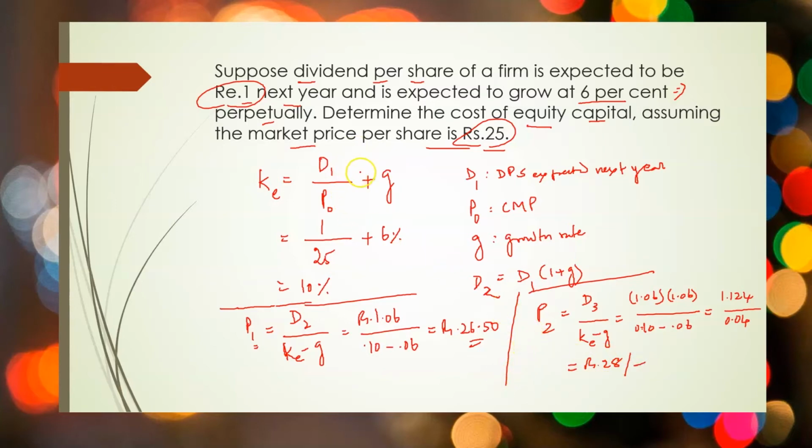So the dividend growth approach can be used to calculate cost of equity when the market price is given. And once you know the cost of equity, considering the growth rate, you can calculate the theoretical expected price per share for subsequent years. That's the advantage of this dividend growth or dividend valuation approach.